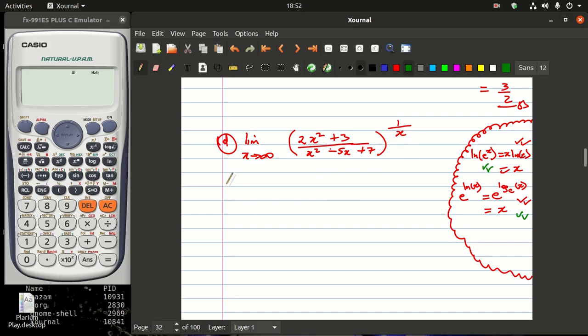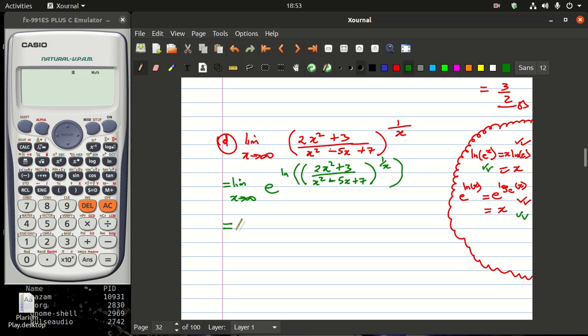So if you look into this, we are going to say the limit as x approaches infinity. I'm gonna say this whole thing here and say that I'm just gonna put in e and then use ln, because I don't want to change this whole thing. Ln and e, they will undo each other, and then I'm still gonna have 2 times x squared plus 3 all over x squared minus 5x plus 7, and then raised to 1 over x, and then I can